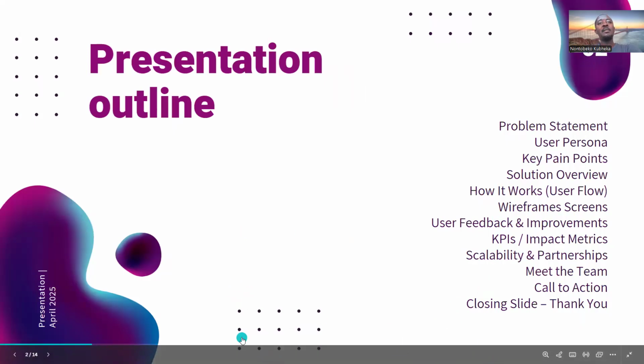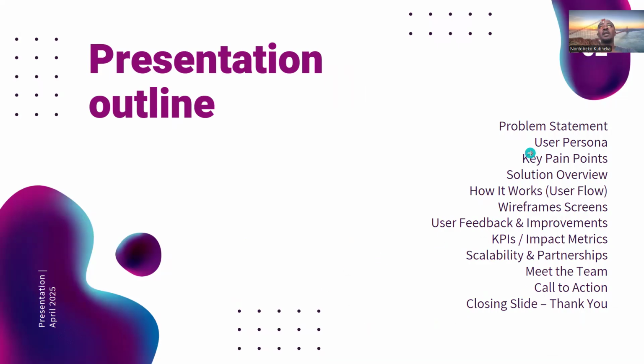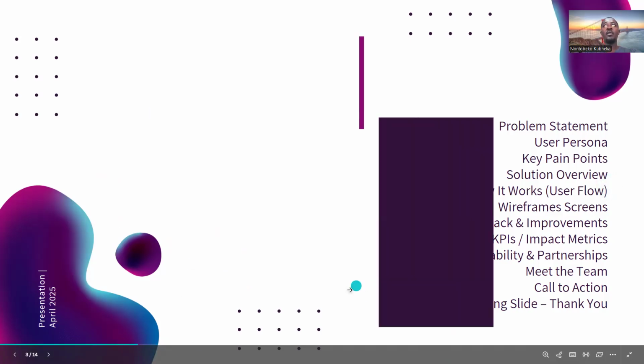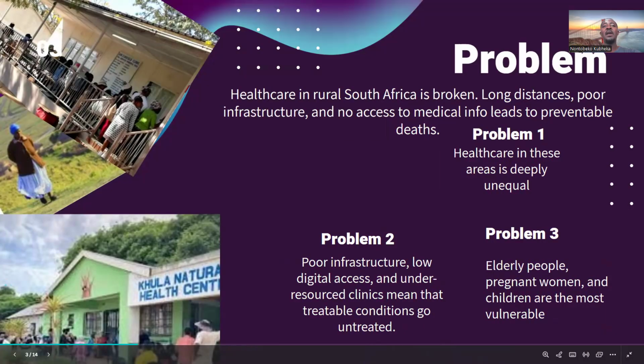So, slide by slide, we will be looking at the problem statement, the user personas, key pain points for our users, the overview of the solution, how it works, that is your user flow, the wireframe that we tested with our users, the feedback, KPIs, scalability, and the team behind all the success of CareConnect, as well as the action that we're looking to get to. So with that being said, starting with our problem statement,